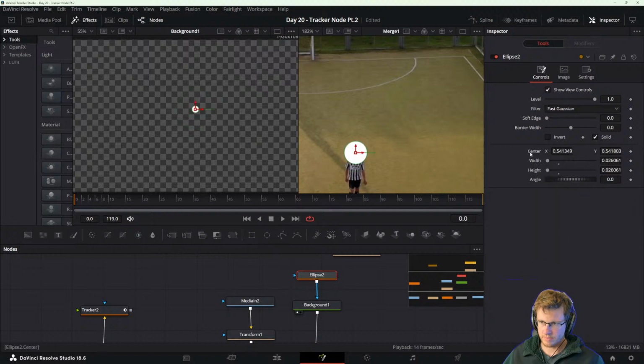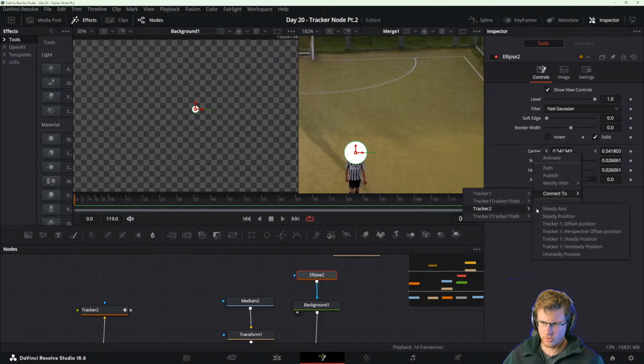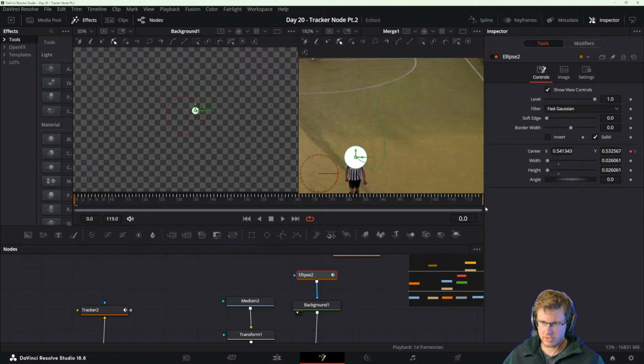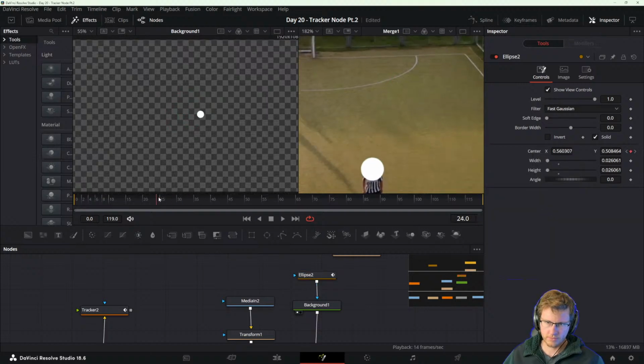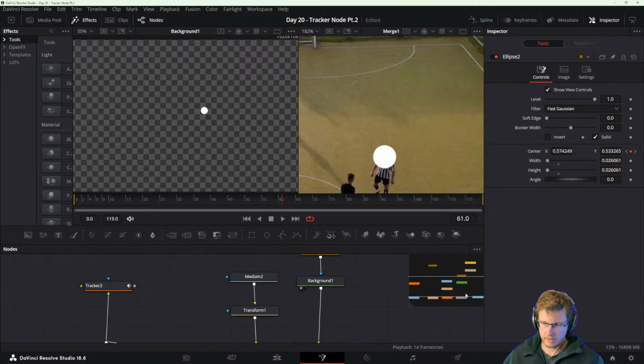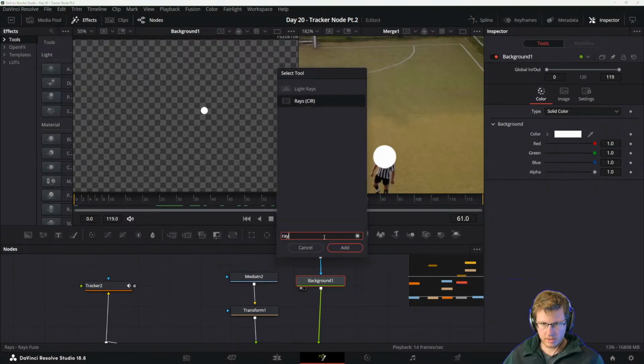Steady position? Connect to tracker 2 unsteady position. Connect to tracker 2, maybe the path position? Okay. That's it. That's what I was looking for. Then if we add a ray on this,